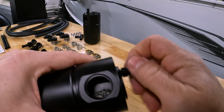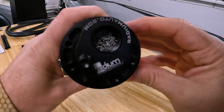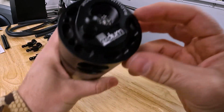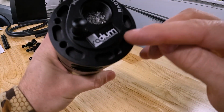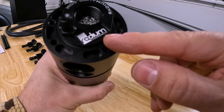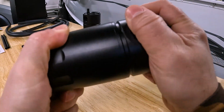O-ringed up at the top, of course. You've got some baffling in here, some kind of filtering media there. And of course on those brackets will fit right to the top of here, make it look like a really, really clean install. Dash 10 fittings up top here. And then when you go to change it,